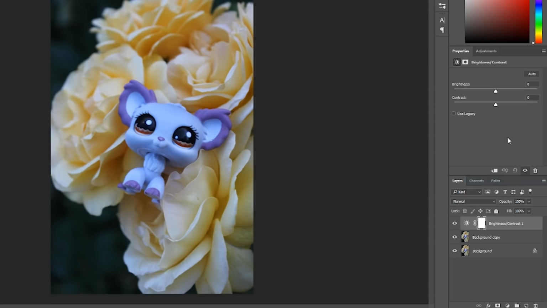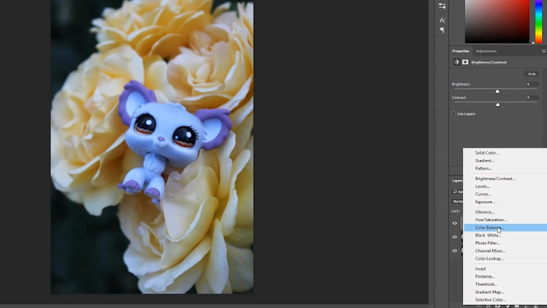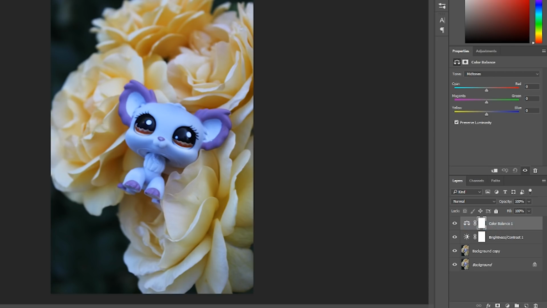Now I've done that, let's mess with the brightness and contrast. I feel like this picture is a little bit dark, but it's also very cool tone, so I'm going to boost the brightness up to about here, I kind of like, and I'm also going to boost the contrast up slightly as well. Now we're going to move on to the colour balance, which is going to be a bit